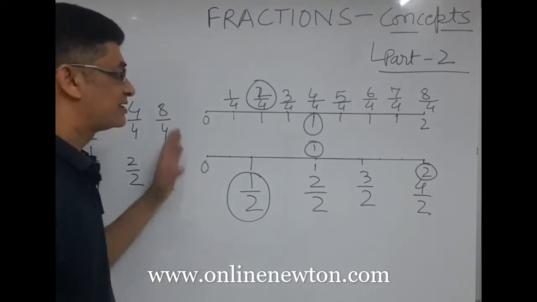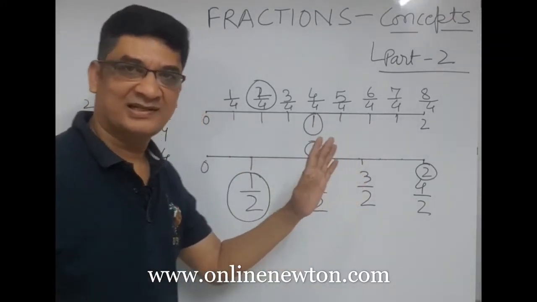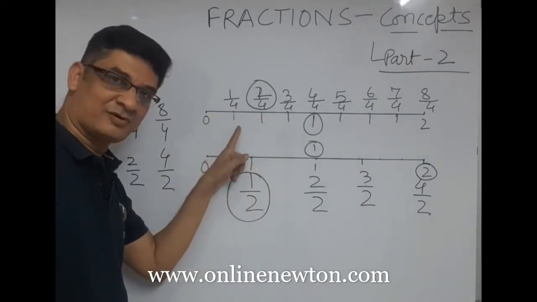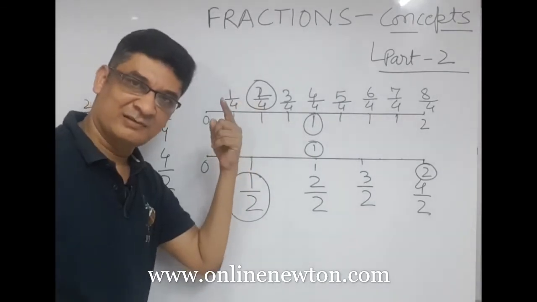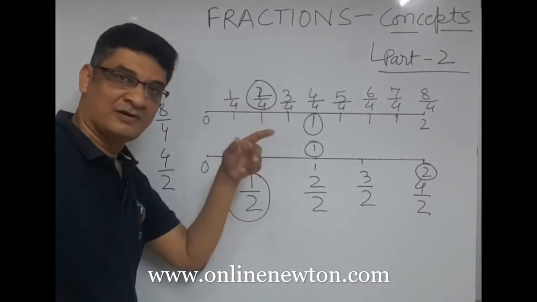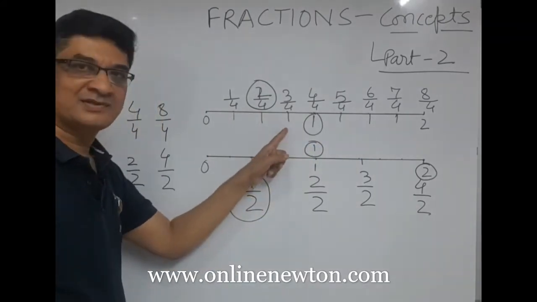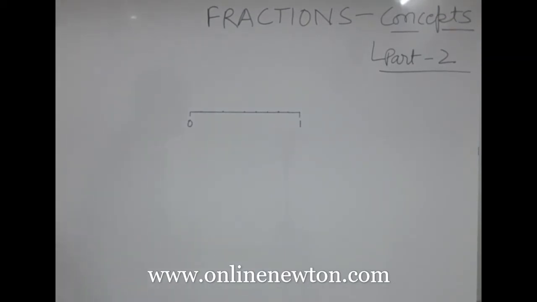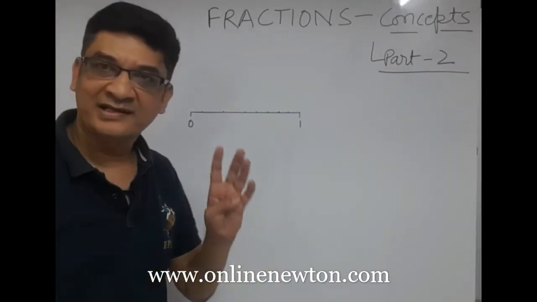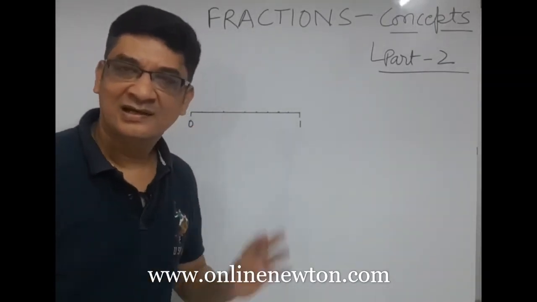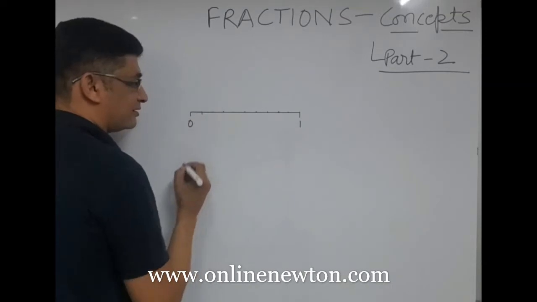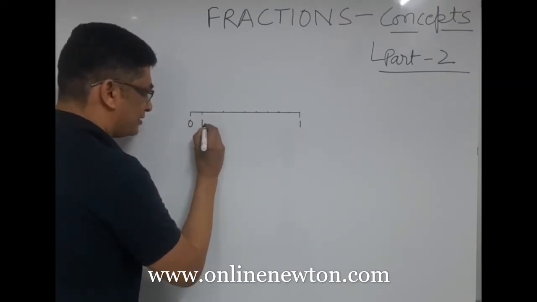So this is how the numbers are presented on a number line. For the first part is 1 by 4. When we give one more piece of apple, it becomes 2 by 4. When we give one more piece of apple, it becomes 3 by 4, and so on. So friends, let's elaborate it further. Now instead of dividing that into 4 parts, let's divide this into 10 equal parts. So we have 10 equal parts, and the first part is called as 1 upon 10.